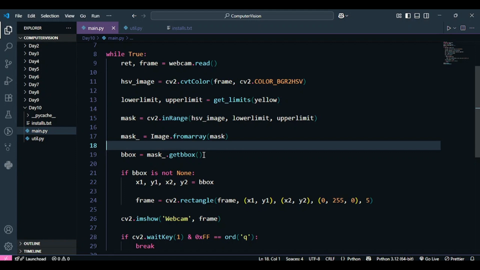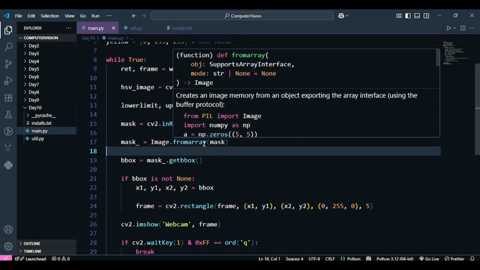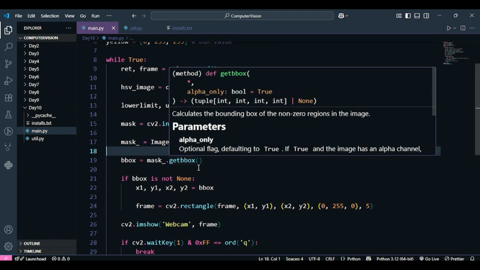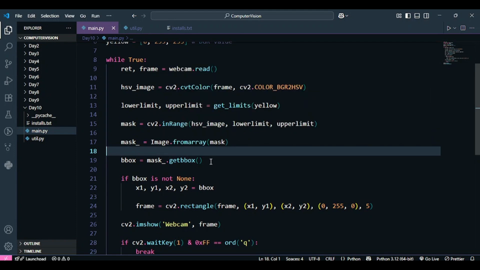Since this was a very simple, first project, that is why I used the pillow object. What's happening is it's converting the numpy array into the pillow object in every frame, and if you do that, it's going to occupy so much memory, right? So it's not a good approach for big projects, but it is a good approach for small projects, because it's a very easy way to get the bounding box.